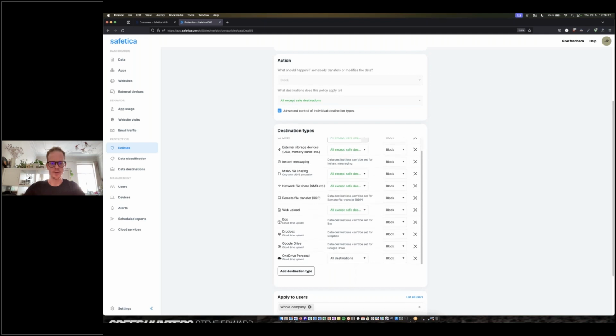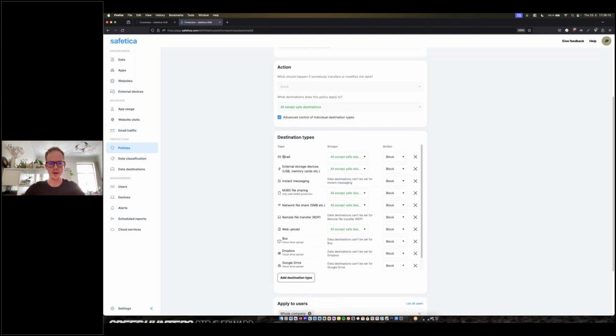And going through here, we can see, for example, emails. We want maybe people to send emails with this information, but only to safe destinations. I'll get to that in a second as well. But otherwise, if not, then it's blocked. Same goes with external storage. Safe destinations could be some company-approved USB drives or external hard drives or something like that. Great. If it falls outside of that safe area, then block. Instant messaging, we don't want anything going to instant messaging, so we block that. 365 file sharing, again, if it's within your company ecosystem, great. If not, block. Same difference goes, and again, you can see how this is set here for the others.